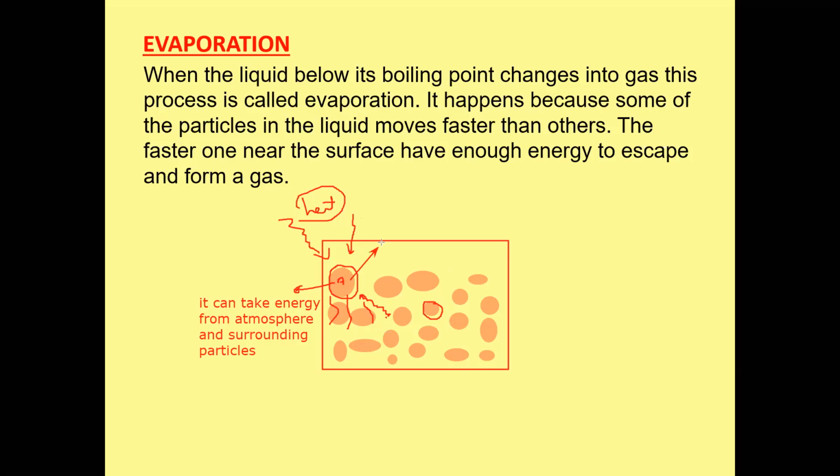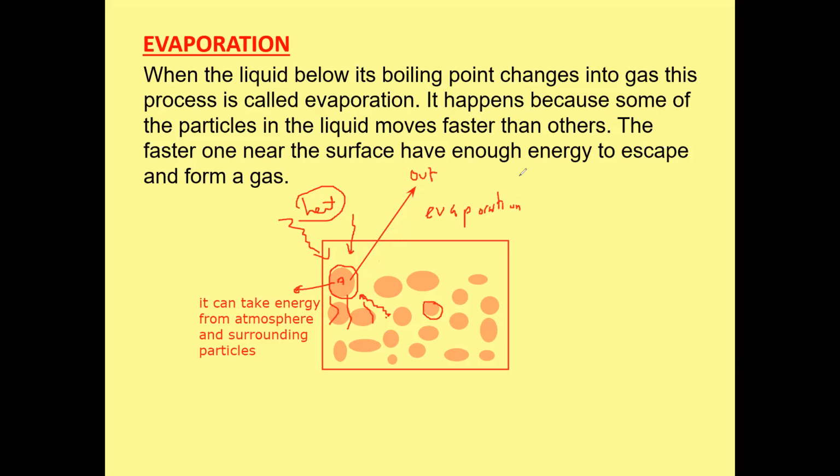So when this molecule takes energy from the surrounding and neighbors, it has a sufficient amount of energy, and this molecule will go out from the liquid. And this process, when the molecule escapes from a liquid and turns into a gas, we call evaporation. So evaporation is a change of liquid into gas when molecules at the surface gain energy from the surrounding